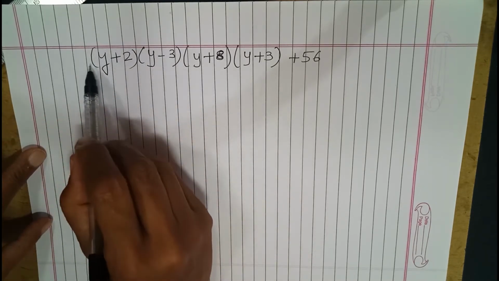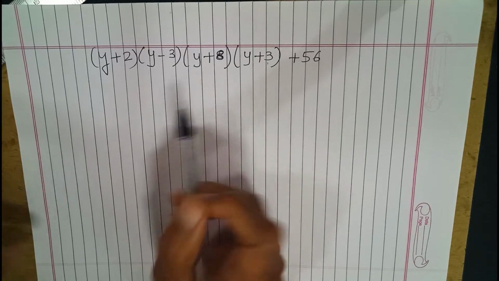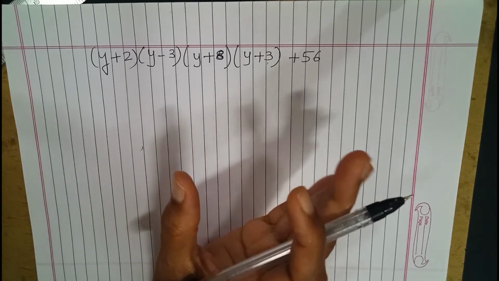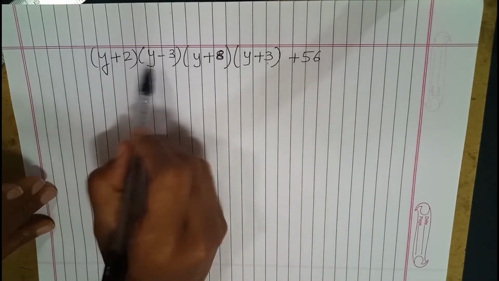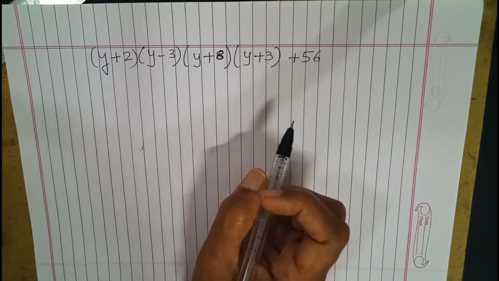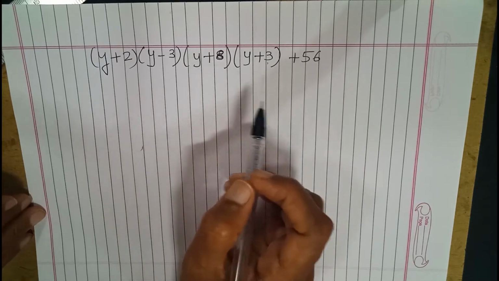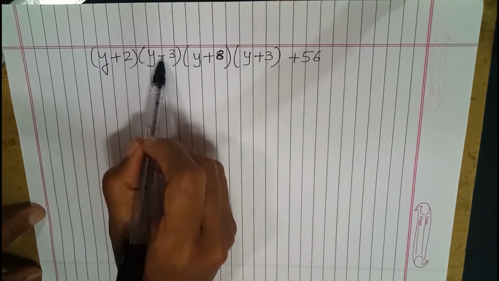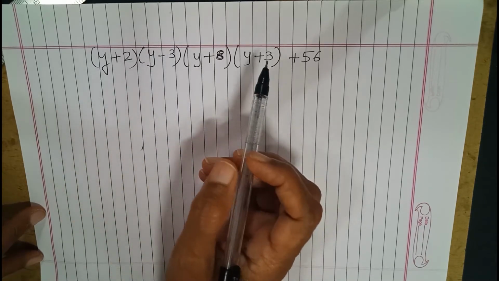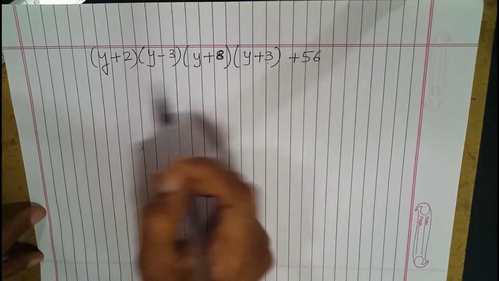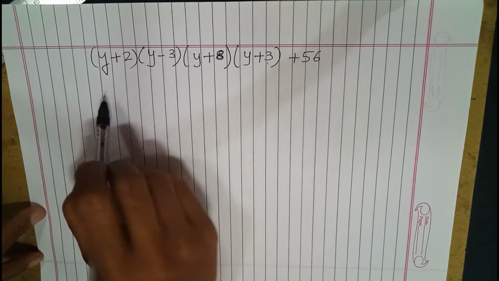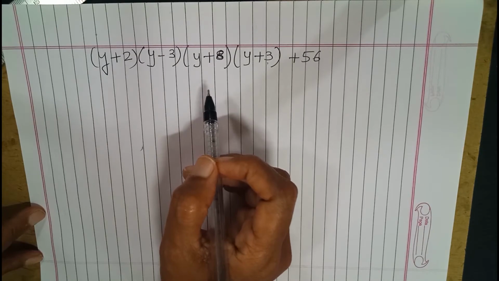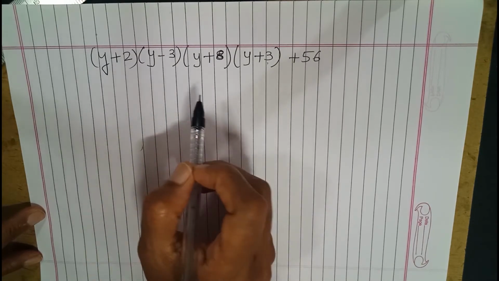The first step that we have to do is these four brackets should be converted into two brackets by multiplying two brackets at a time and making it into one bracket. So two brackets will convert into one, the remaining two will convert into one. But there is a step that you should take care of, which two brackets you have to multiply. You just can't pick any two brackets at random and do the multiplication. Then you will not get the common things in the two brackets which can be substituted. So what is the test that we apply to decide which two brackets should be multiplied?